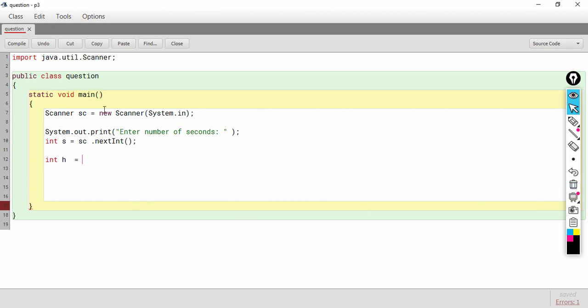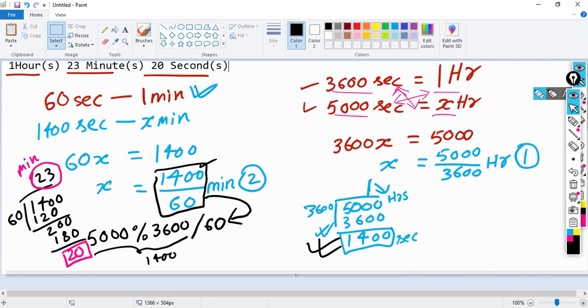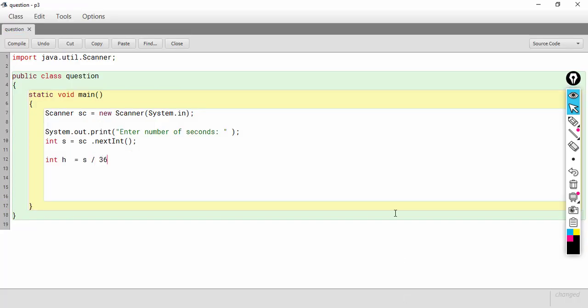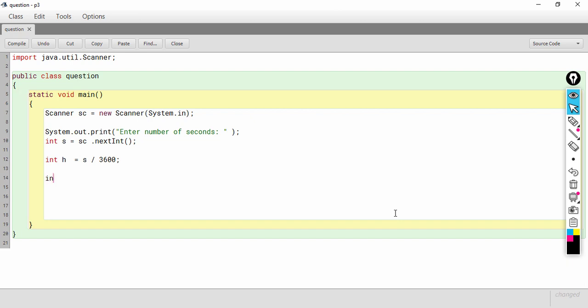So, that is what I am going to do, divide by 3600. So, this will give me the number of hours. Now, we need to calculate the number of minutes. I will store that in the variable m.